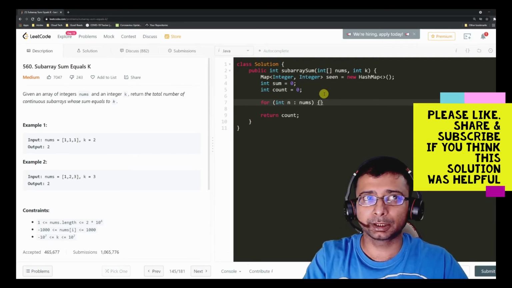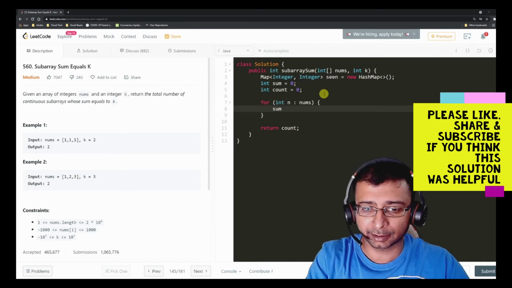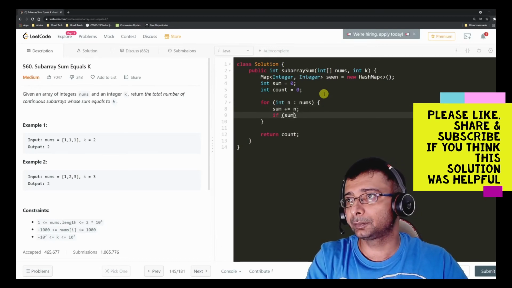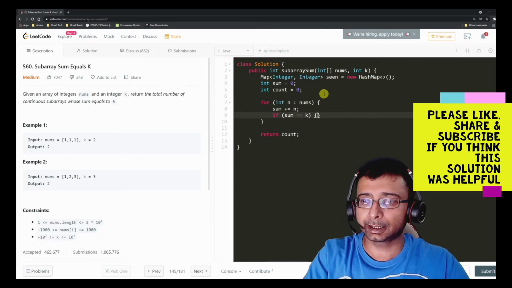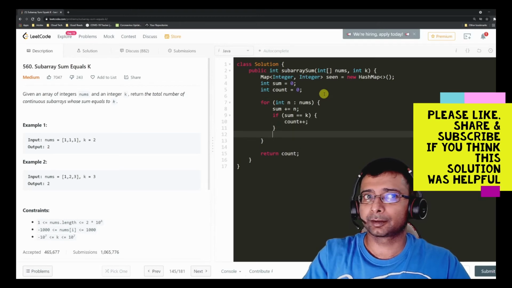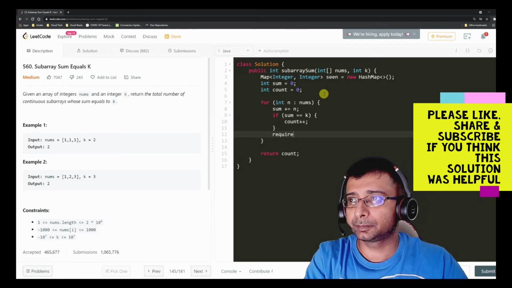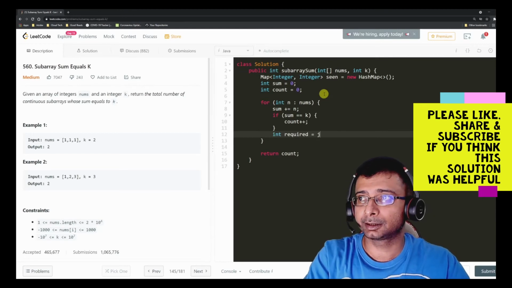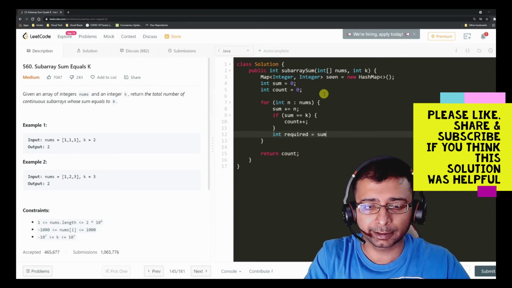And we are going to go over this nums array and we are going to do a continuous sum, right? So sum plus equals n, we are continuously going to do it. And if at any point we see that sum is equal to k, right, then what we are going to do is just count plus plus, right? And we are also going to keep track of the required. So let's declare this required over here, and required is nothing but sum minus k,